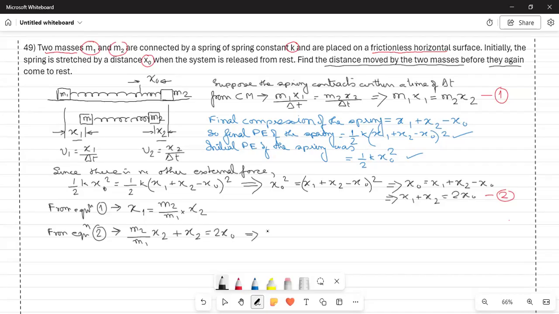From here we get M2 x2 plus M1 x2 is equal to 2x0 M1. From here we get x2 is equal to